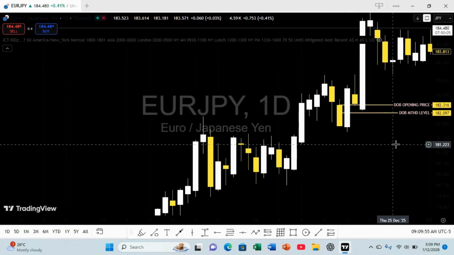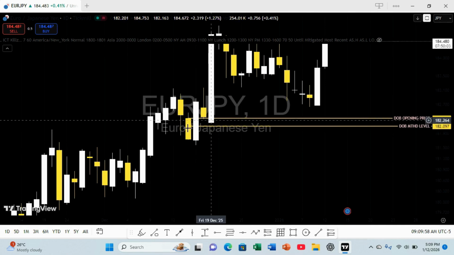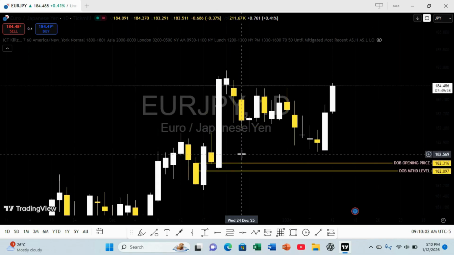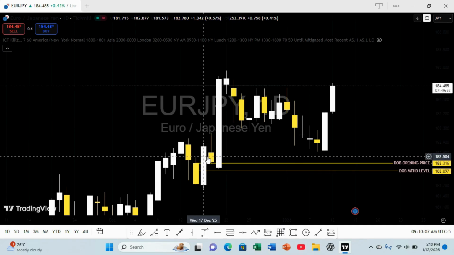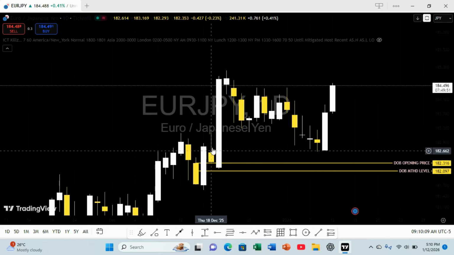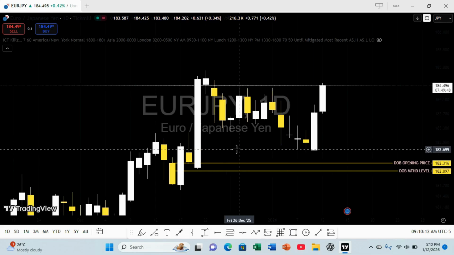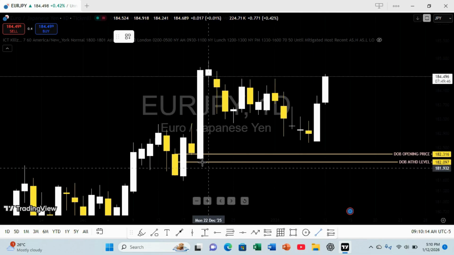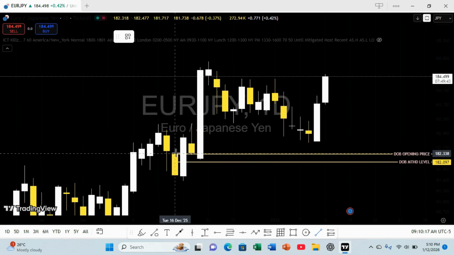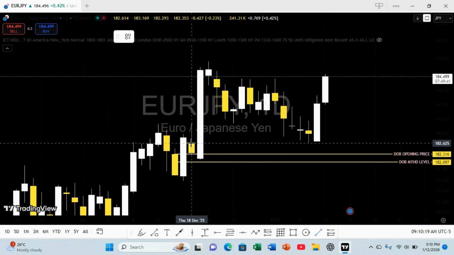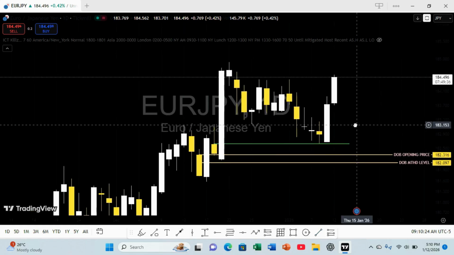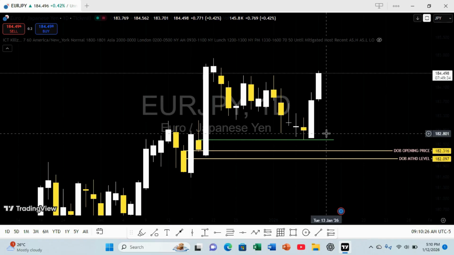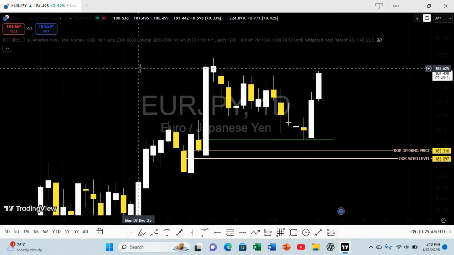When you look at this order block, the down closed candle, price tapped into it to move higher. When you look at this candle here, it tapped in and formed a bear candle. Now the bear candle here becomes what we call a propulsion block. Price tapped into this propulsion block, the opening price, and price continued up.